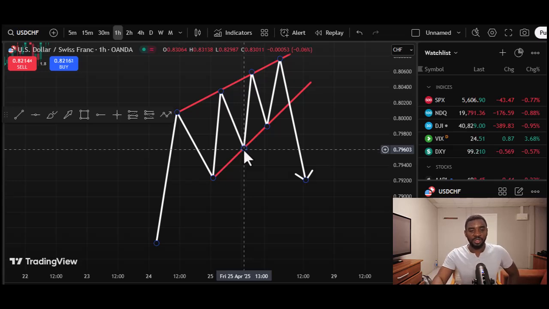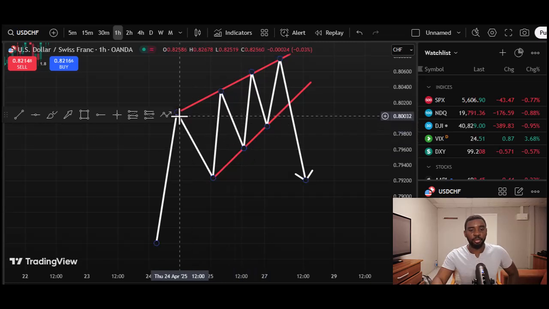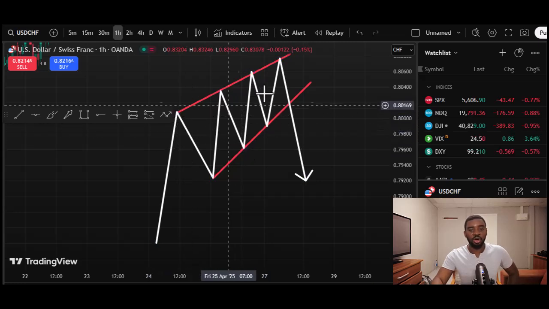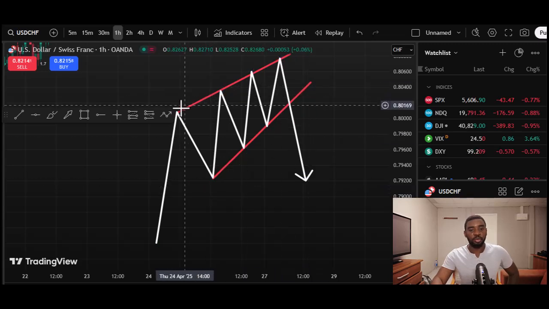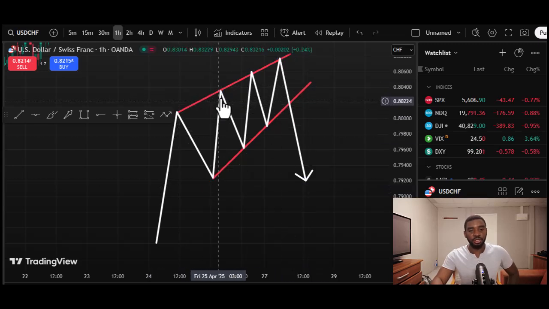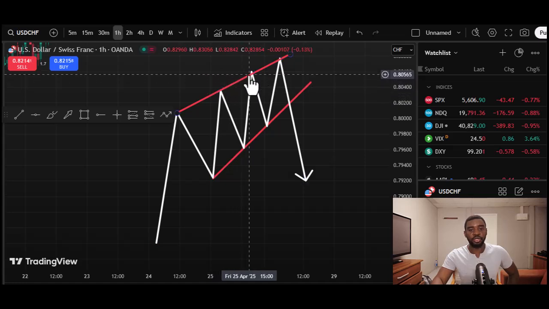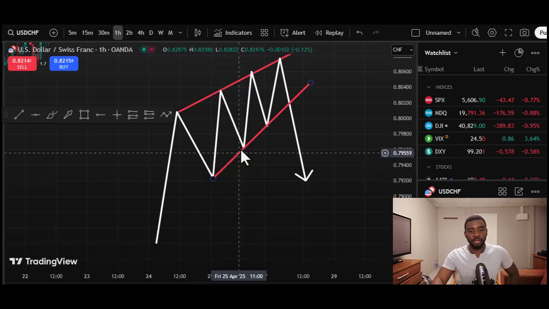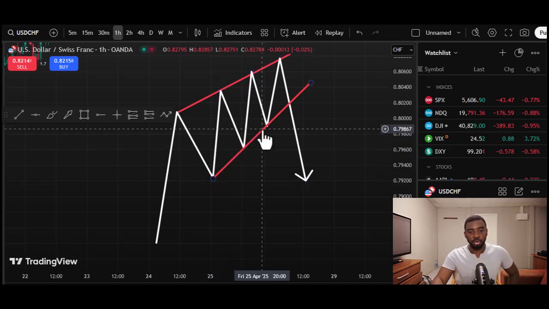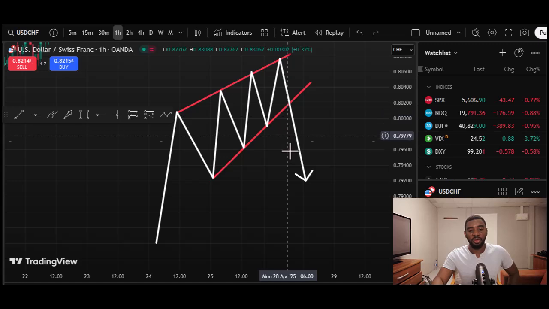So there is always a strong rejection each time price hits the upper trend line or the lower trend line. Price will be strongly rejected at this point, at this point, at this point, and at this point. The same will happen at this point, this point, this point,